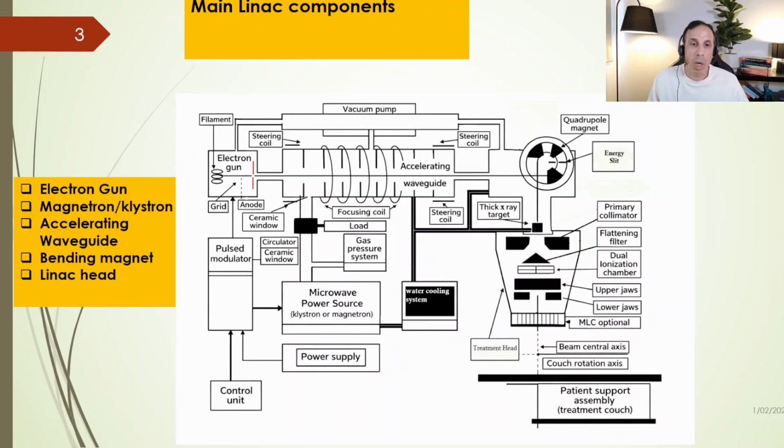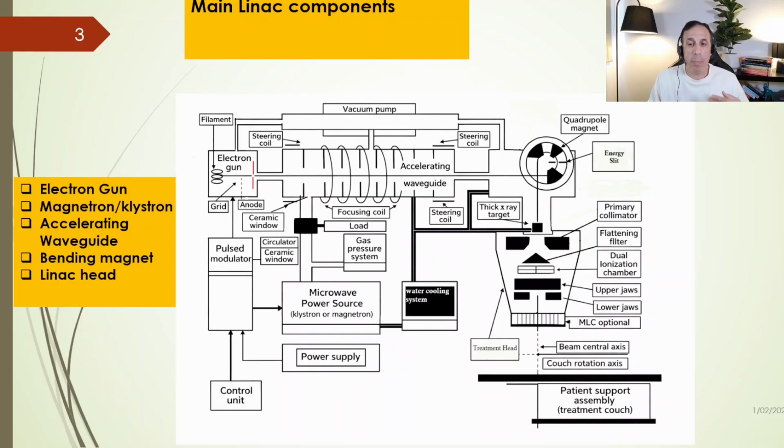An electron gun produces a narrow beam of electrons. And this electron beam is the starting point of all treatments. Next, the electron enters the accelerating waveguide. It is the other important component of the Linac. So if we start, the pulse modulator sends